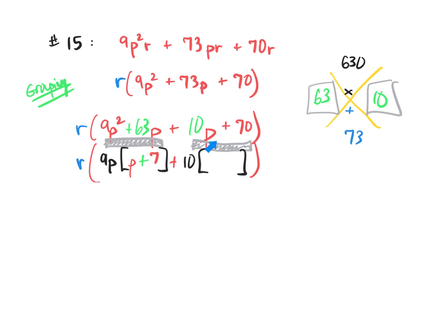The greatest common factor was 10, and after you factor it out, we're left with p plus 7. So notice at this stage, and we're ready for the last step, we have a p plus 7 and a p plus 7. So we'll factor that out. Factor out that p plus 7, and what does it have to get multiplied by? P plus 7 has to get multiplied by 9p